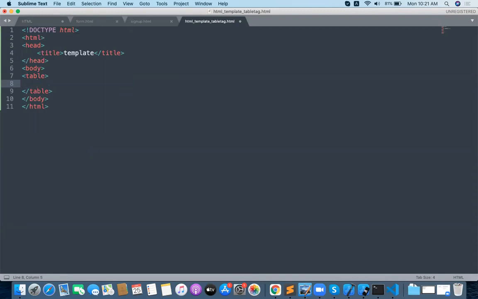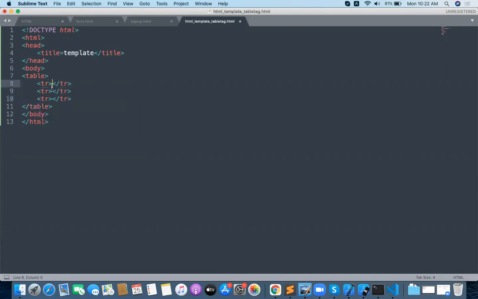Inside the table tag, let me take a tr. This is the first tr, and it should have something like height and width. Let me write some CSS for that. I will tell you how to write CSS and all. And this tr is the second tr, and this is the third tr we will be having.